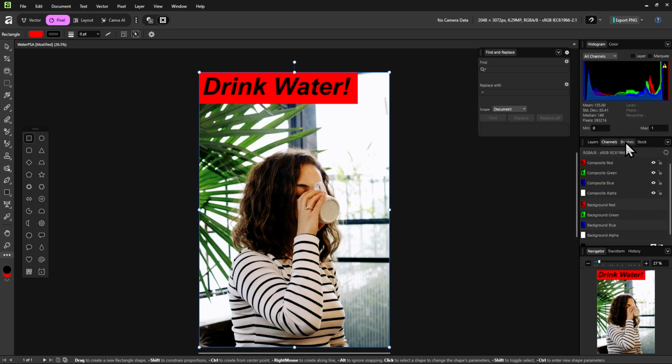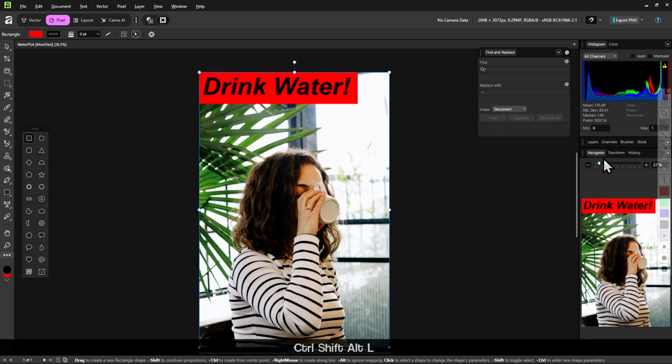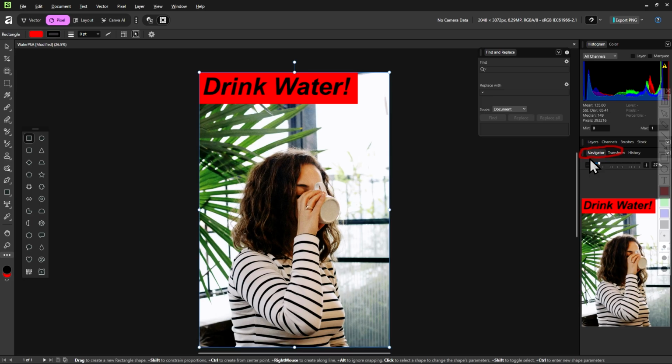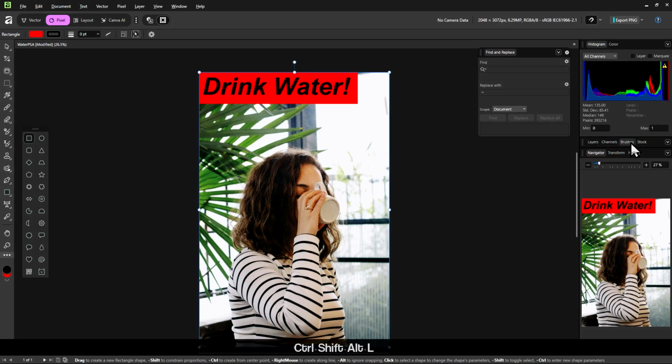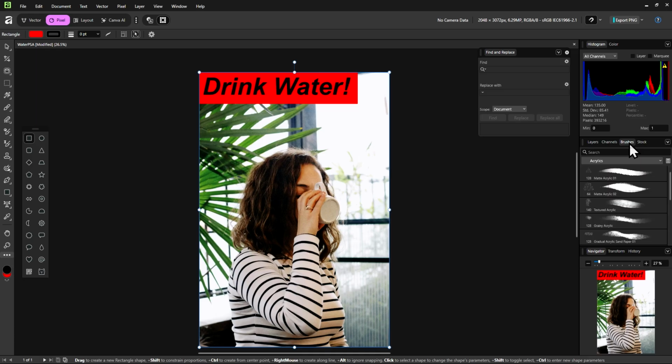Let's click on the brushes panel, and we are in the brushes panel. If we double click on the panel, it will kind of collapse it to make space for other panels like this navigator panel here. We can bring it back, no worry, just by clicking on the panel again.